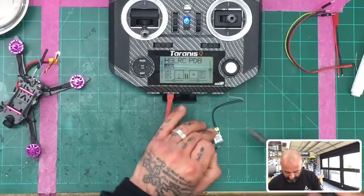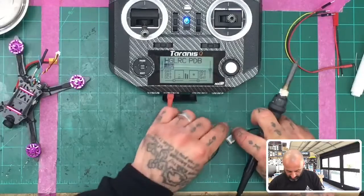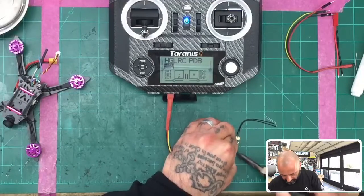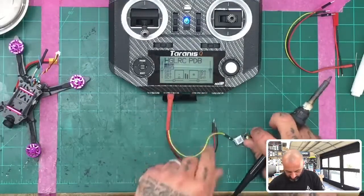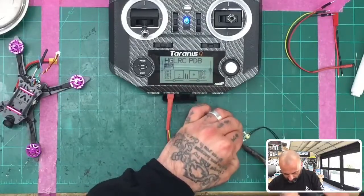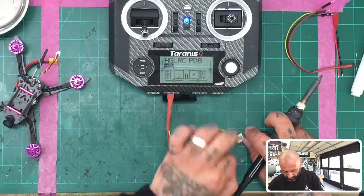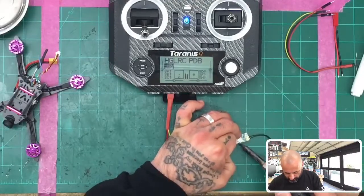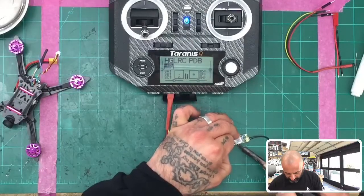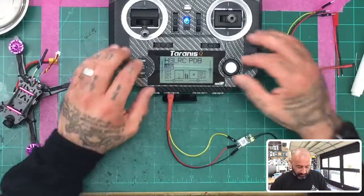So let me get this adjusted and try to get this to hold real quickly. There's one. I'd like to get it to hold without having to put too much solder on here. If this will hold like this, it'll be great. If not, then I'll have to put a little bit better on there. So that's one. Then we'll go ahead and put our positive, which is our 5.0, that's 2. And then we're going to put our ground. Now, usually, if you order the cable and it hasn't been soldered, then you'll be able to fit those right through the holes there. All right, so now that we're attached, and I think that's going to work just fine,